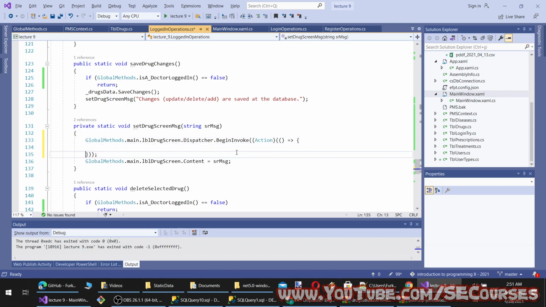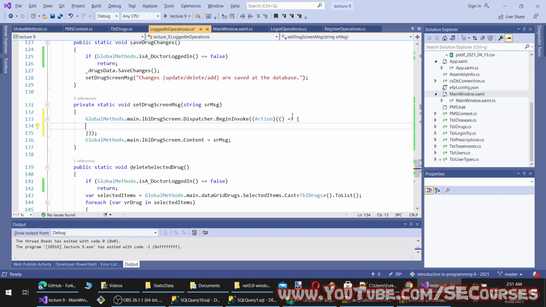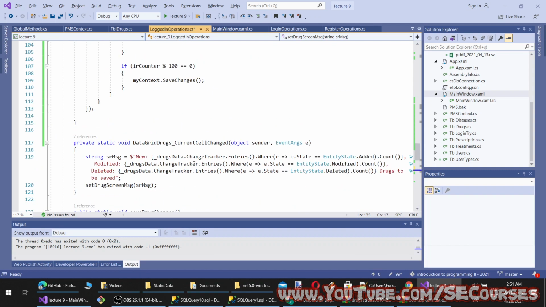Yes, now I understand. So this is simply the same as dispatcher, but here we are putting this to exclusively tell the compiler that this is an action, and we will just put this inside here. Okay, so now this will support multi-threading as well.